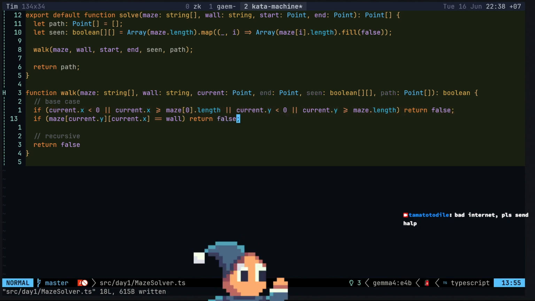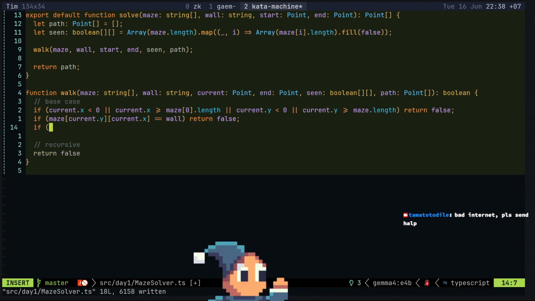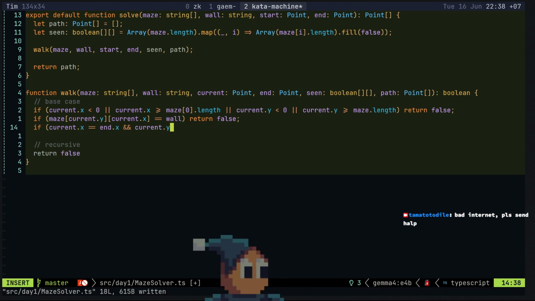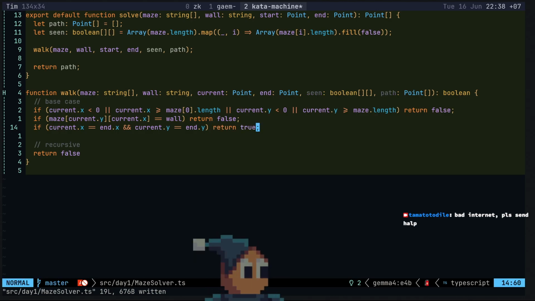Is out of bounds, bumping into walls, and then if I guess if we reach the end, if x and current y equals, we've reached the end if this is the case.